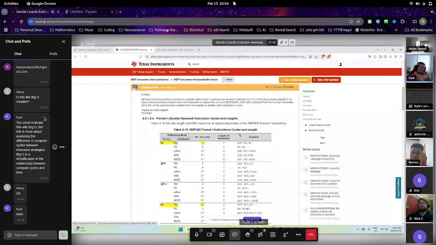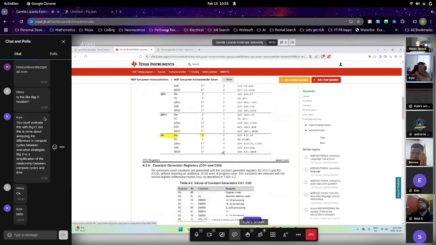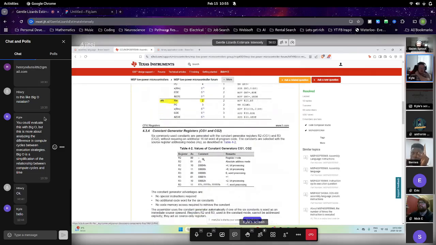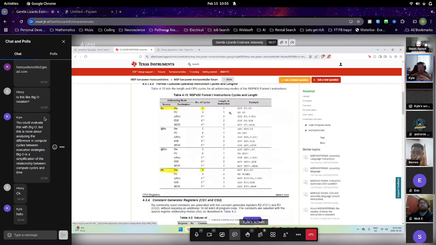Each of these instructions takes a number of cycles, and each cycle through your CPU translates to an amount of time. There's a way you can calculate this. At the end of the day, the question is how many compute cycles.